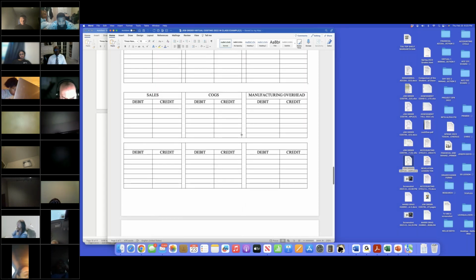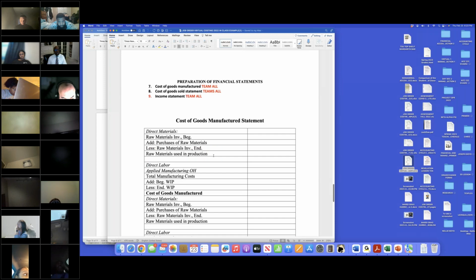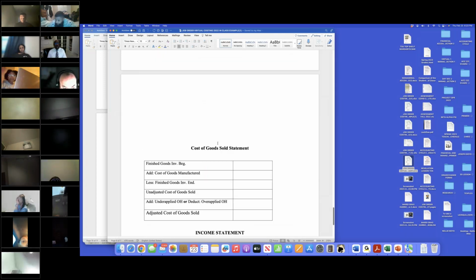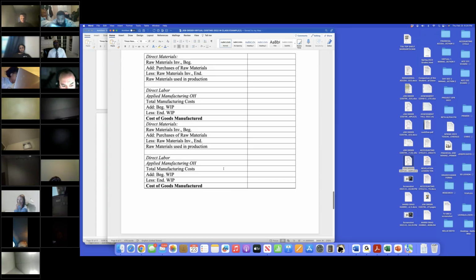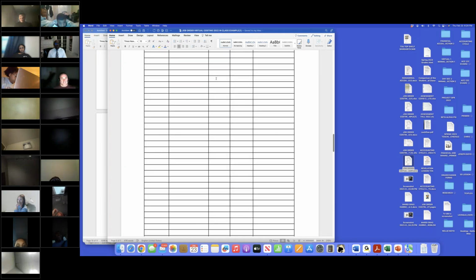Now, all teams have got to do the cost of goods manufactured statement, cost of goods sold statement, and the income statement. So all teams are doing this, but you're working together. You got your group meeting, go through and share and get that done. All of that is based on